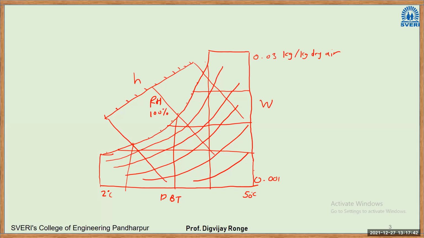Again, when this straight line of WBT intersects the saturation curve, this point here is its wet bulb temperature. So it is the wet bulb temperature corresponding to this dry bulb temperature. So we have multiple wet bulb temperature values here on the saturation curve. And then again, for that also we have an inclined line. Last, we have specific volume lines which are shown with the help of dashed lines. So such a complex figure we get when we try to draw all the properties on this psychrometric chart. This is the basic of the psychrometric chart and the curves which are present on it.